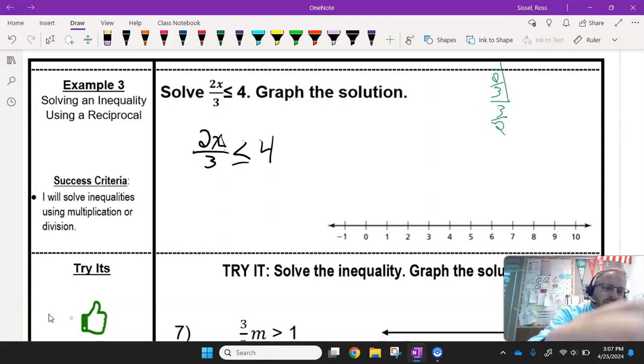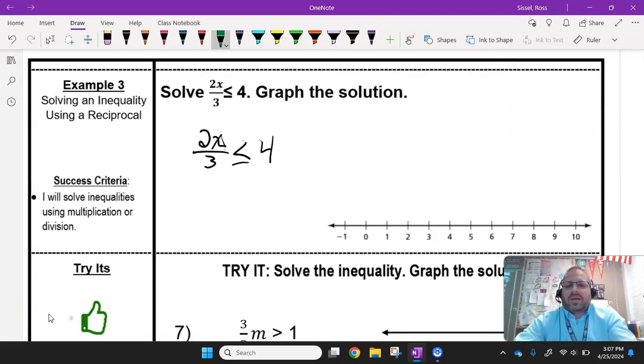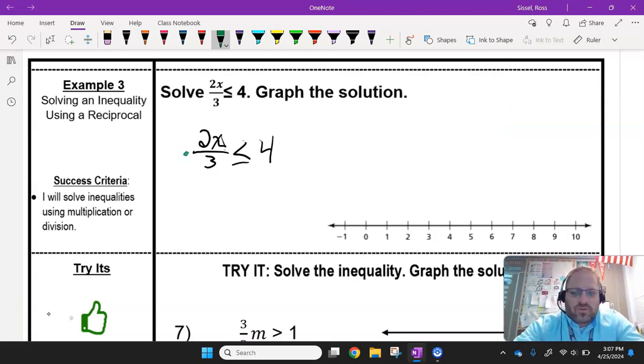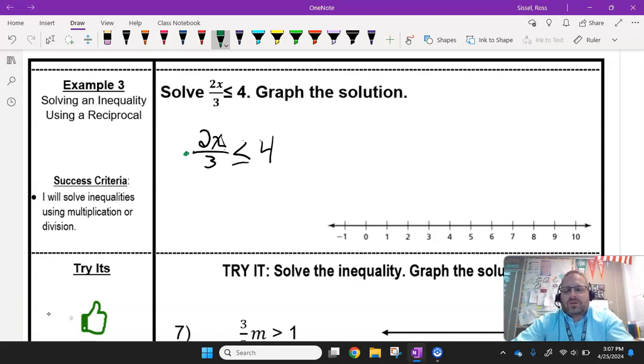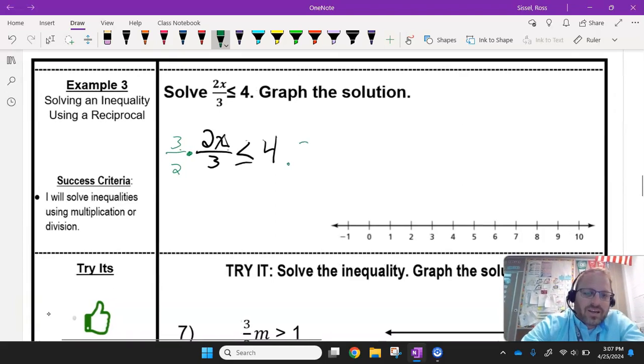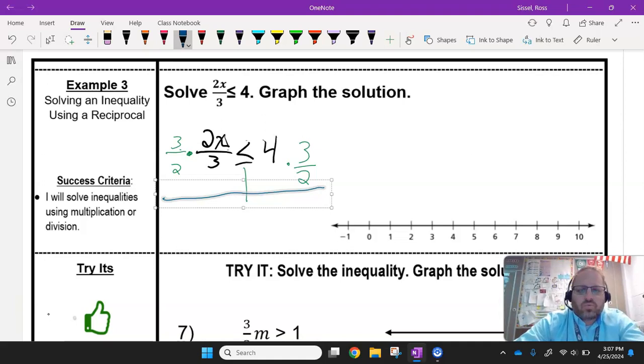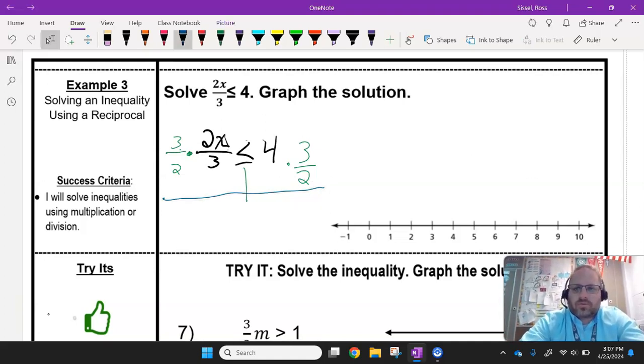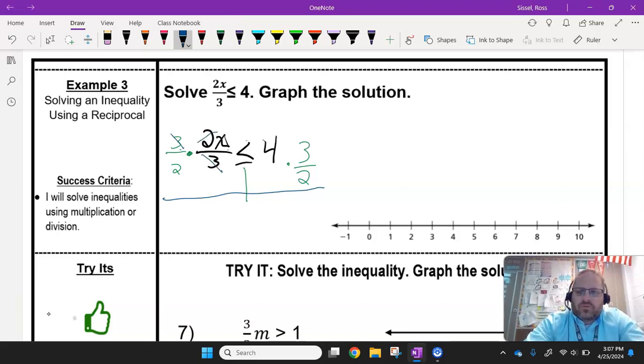So I'm going to erase all that quick. Because of that, whenever you are multiplying by a fraction, to undo it, multiply by the reciprocal. I'm going to multiply by 3 over 2 on this side, which means on this side I also have to multiply by 3 over 2. Now, that causes just one little problem. 3 and 3 simplify, 2 and 2 simplify. We're left with x